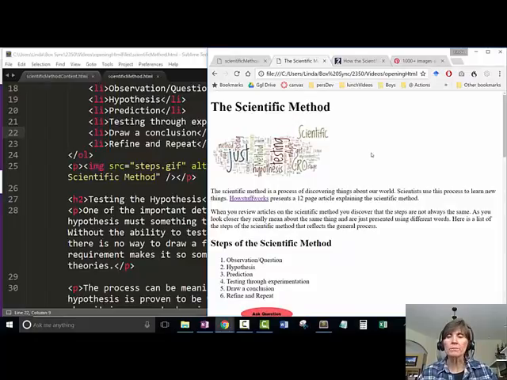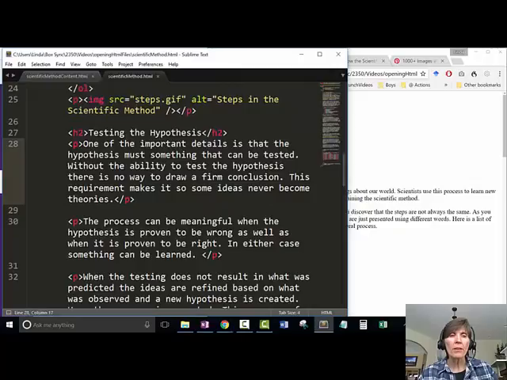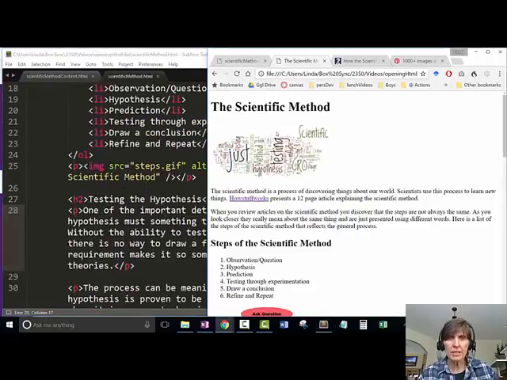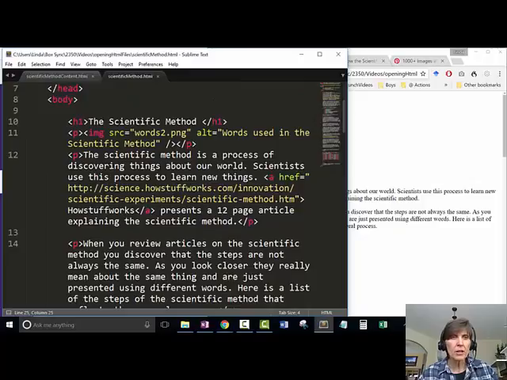So as you're doing your work, you can look at your work in the browser. Notice if I try to type on it, I can make no changes in the browser. The browser just displays it. So if I want to make a change, I've got to go over to the content. So let's make a change here. If I say the scientific method, I'll say the new scientific method,